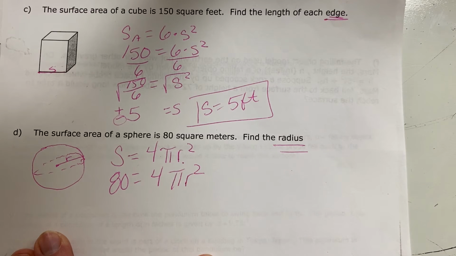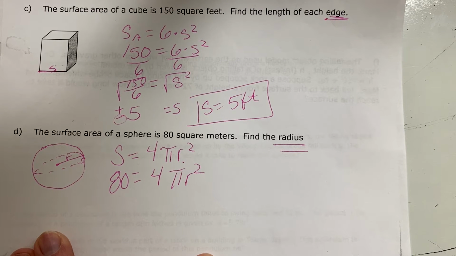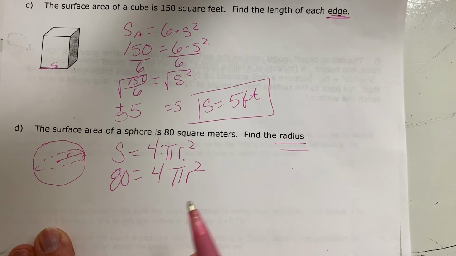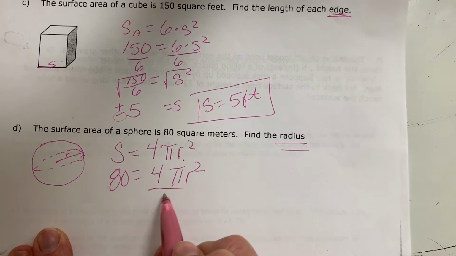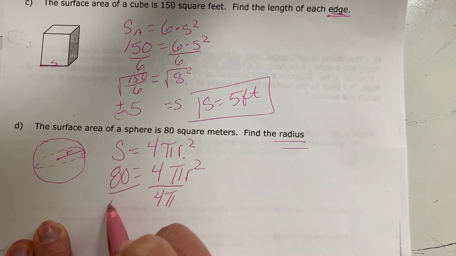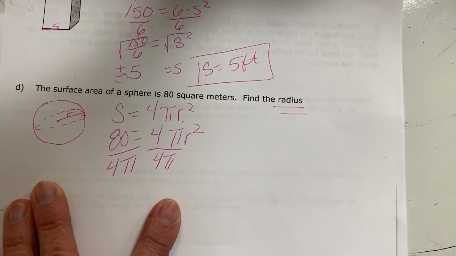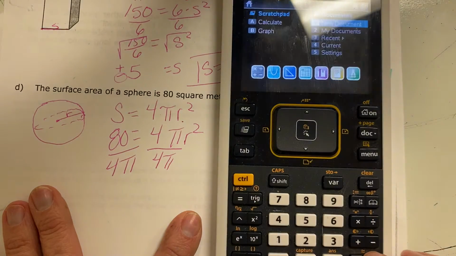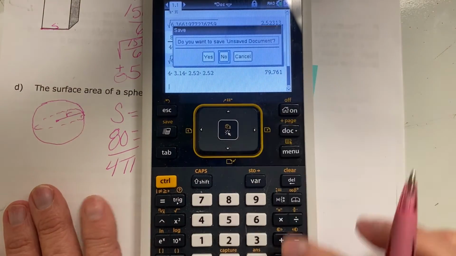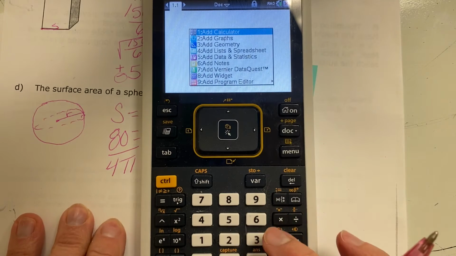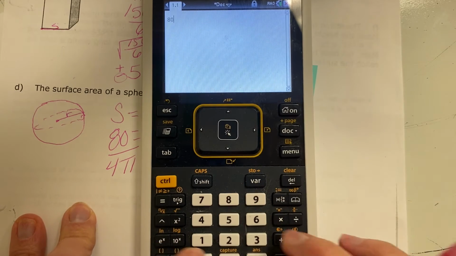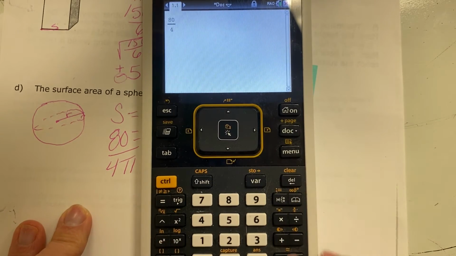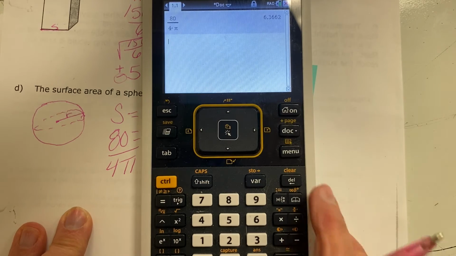We're going to use 3.14, or you can just plug pi into your calculator. If you plug in pi, then your answer might be a little bit different than mine. We're going to divide by 4 pi. So here we're just going to pick up our calculator. And yes, I know the last time I had the calculator, it was in a different language. Now we'll just have 80. We're going to hit Control Divide, put 80, then 4, and then pi down here. And then we're going to get